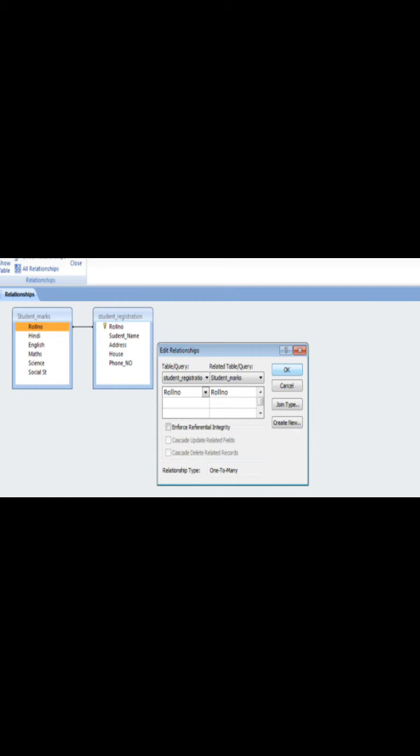And these are the cascading options: cascade update related fields or cascade delete related records. So this is enforce referential integrity. Check these boxes if you want, and then click on OK. Once you click OK in this Edit Relationships dialog box, your relation is created.